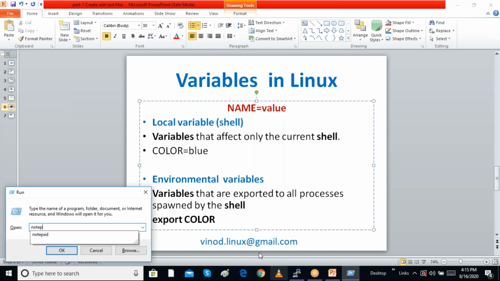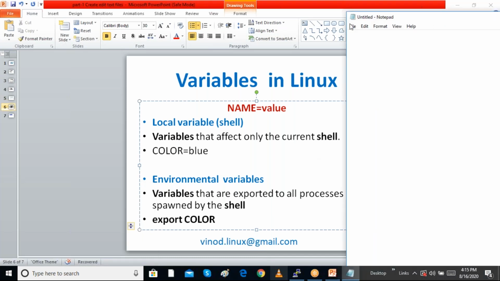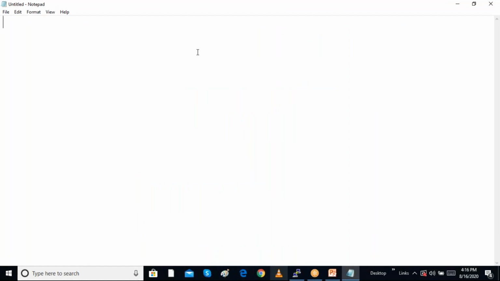We can create a variable in a single line. As I told, if I give export EDITOR=/bin/vi, it will create a local variable and also export it, so at the same time it makes an environmental variable.